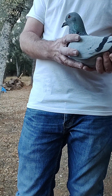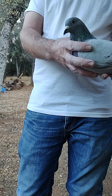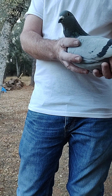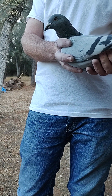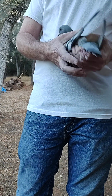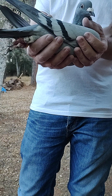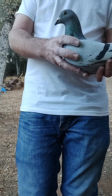The mother of this pigeon, Bianca, is a daughter of Evolution and Sweet 16, from the very last two daughters I bred from them. Sweet 16 was a national award winner back in 2003, and then Evolution, which was a 2002 bird, was the foundation of my entire Janssen and White family from essentially 2004 to about 2013. So this pigeon is inbred to Evolution. This is a family that goes back to the late 90s, so they cross very well with the Bosua pigeons. This particular pigeon would be a great mate